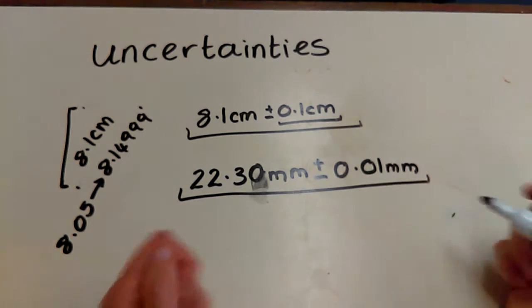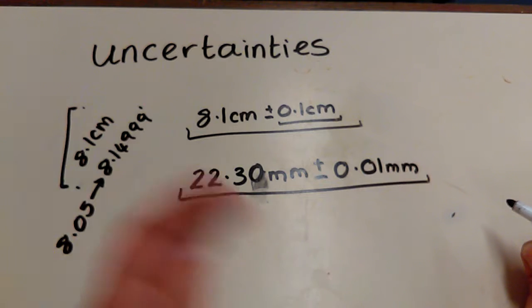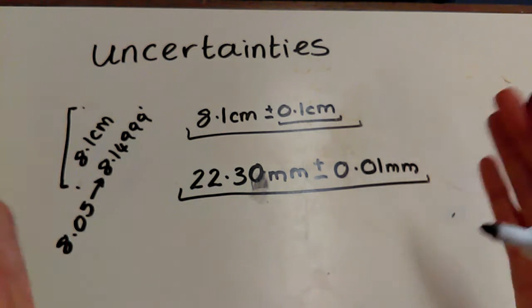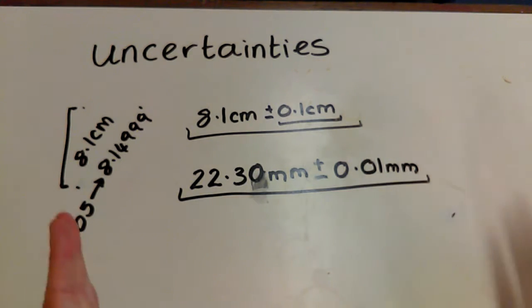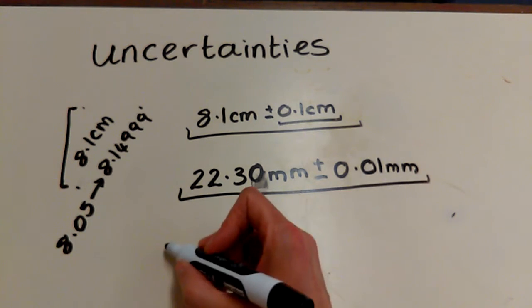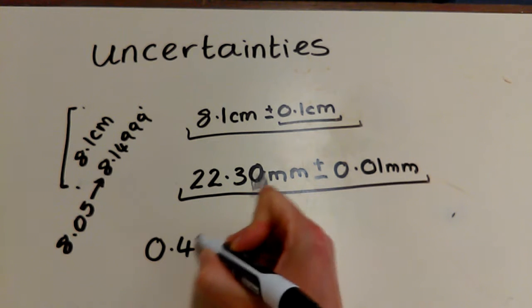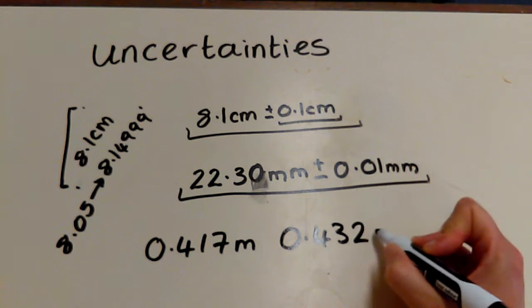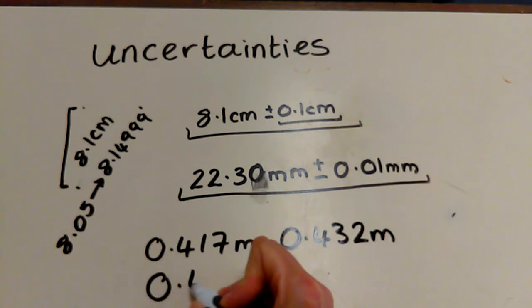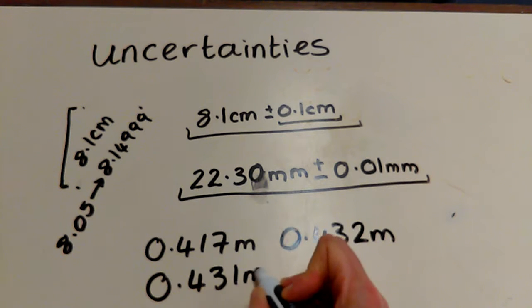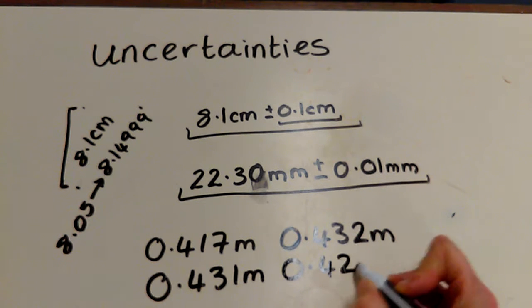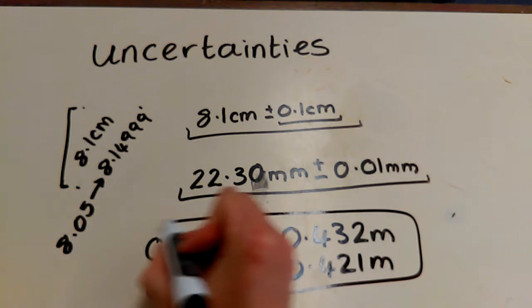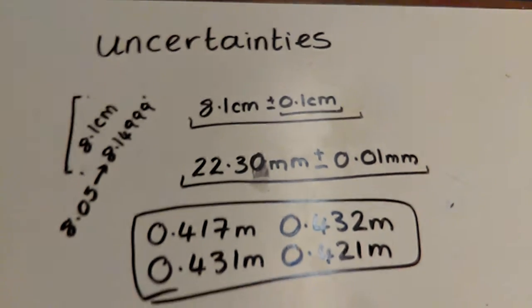Sometimes I might have a range of measurements though. Say I was doing an experiment where I had to measure a particular length that something had gone after a particular time. If I had a number of lengths, say I had 0.417 metres, 0.432 metres, 0.431 metres and 0.421 metres. Well, what I'd have to do to find what I was going to quote that result as,